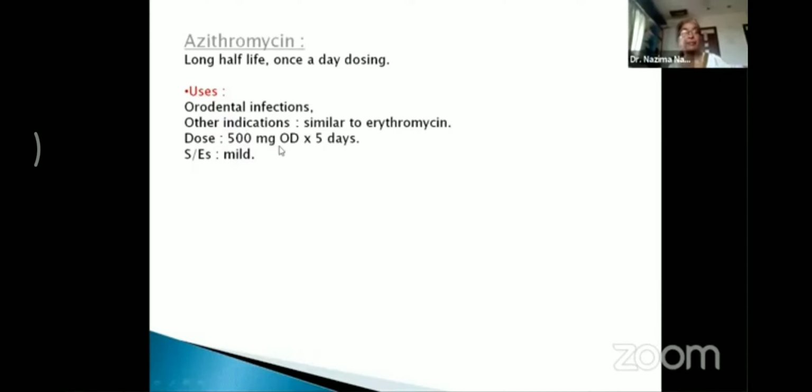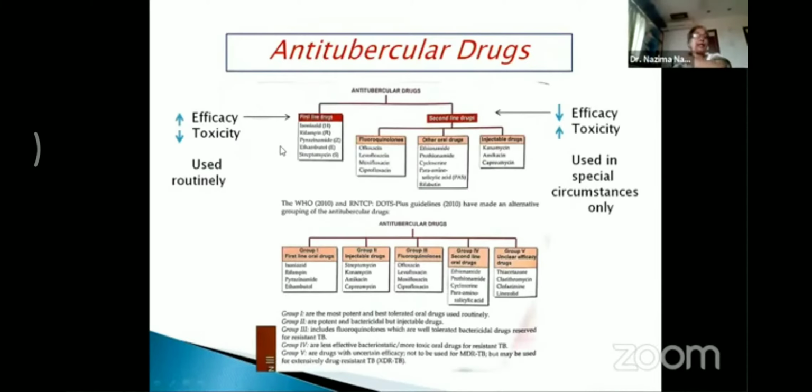Azithromycin. Now coming to the anti-tubercular drugs. Now, anti-tubercular drugs are classified into first-line drugs and second-line drugs. First-line drugs are having more efficacy and less toxicity. They are used routinely. Under the first-line drugs, we have isoniazid, rifampicin, pyrazinamide, ethambutol, and streptomycin. Then there are the second-line drugs which have less efficacy, more toxicity, or both, and they are used in special